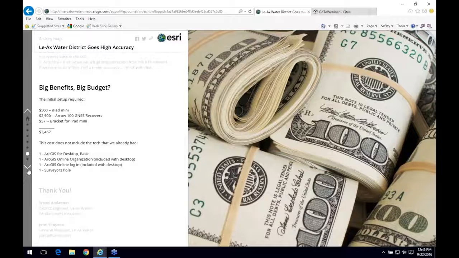manage your assets. It is the easiest way to get something up and going if you have nothing, and inexpensive. I mean, $6,000 to have accuracy and the ability to go back and show your employees, hey, this is where the water lines are, these are where the valves are. With the asset requirements that are coming down from the EPA, which it sounds like everybody's going to have to do,